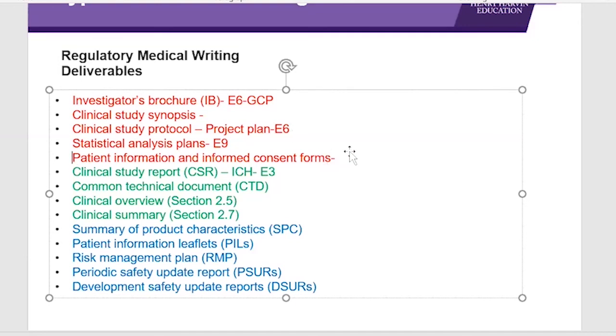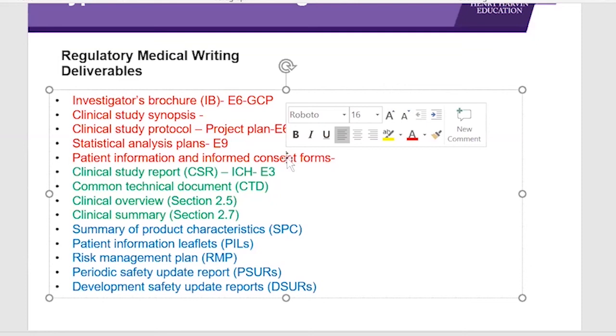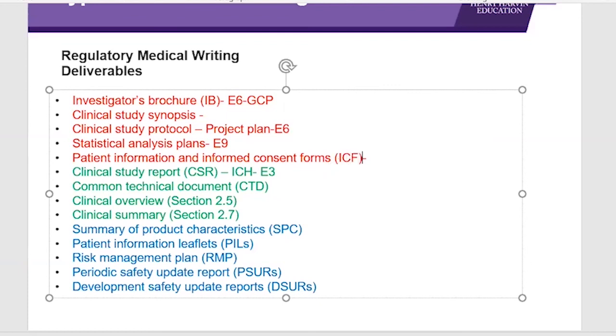Right, that's correct. This is written for the patients. It's not for the scientific audience or regulators. So it is written in lay person language. It explains what will be done with the patient. You cannot just do or give whatever you want. It has to be according to the protocol, and you need to tell the patient exactly what will happen in each visit, what they will be doing, and what tests they will undergo. In short, this is called ICF. You must have heard about it. And this document is also based on E6.